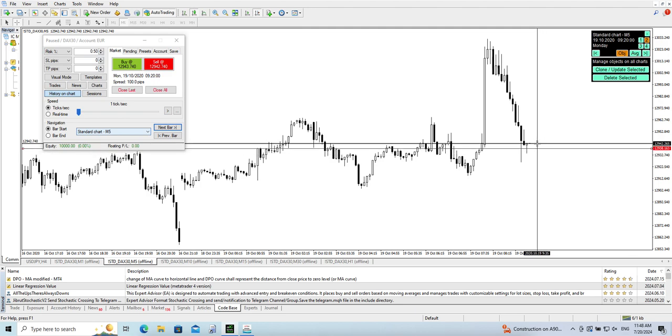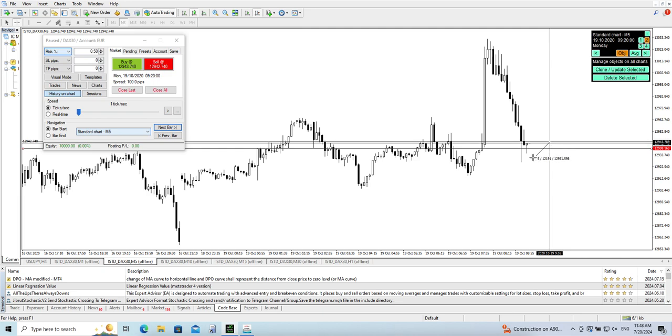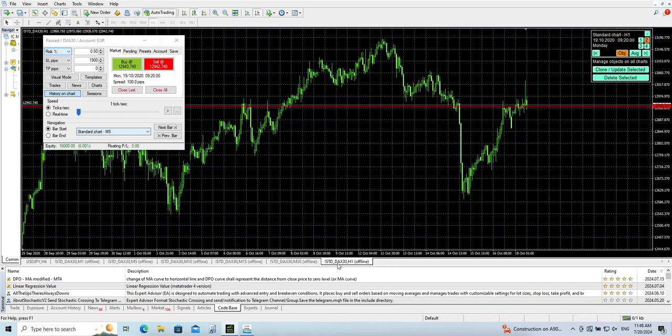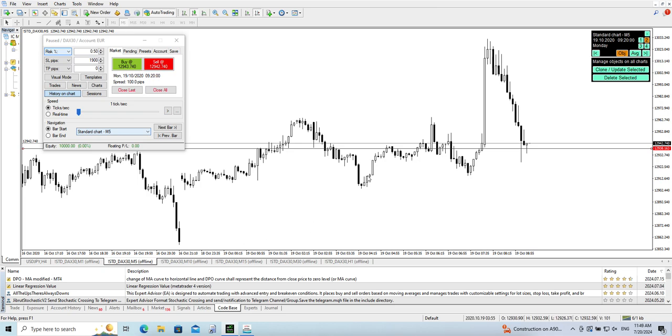Because I don't know what the spread is, I will put the stop loss down here. So I can't remember if it's 1,900. And the take profit is going to be back up to the high of that wick, which is